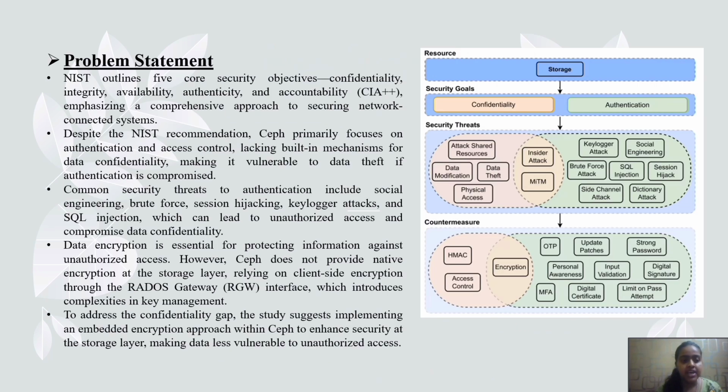Problem statement. NIST outlines 5 core security objectives: confidentiality, integrity, availability, authenticity, and accountability, emphasizing a comprehensive approach to security in network connected systems. Despite the NIST recommendation, Ceph primarily focuses on authentication and access control, lacking built-in mechanisms for data confidentiality, making it vulnerable to data theft if